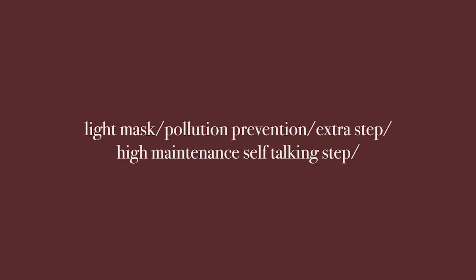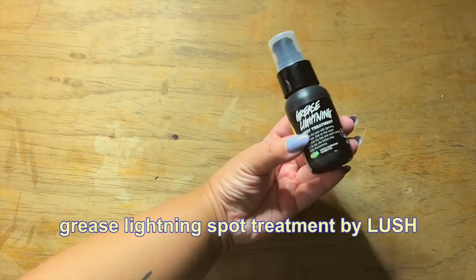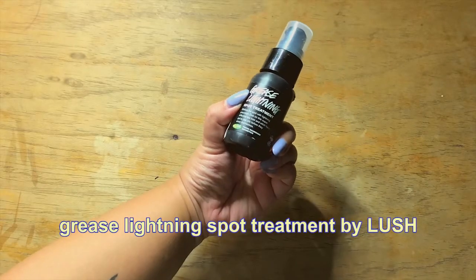Next step, this is totally unnecessary, but in a third world country where everything's really just dirty, it's very polluted here. So I like to do an extra layer of protection. I know it's super maarte, if you would call it, here in the Philippines, but yeah, I just put on another layer of protection, and this is called Grease Lightening Spot Treatment from